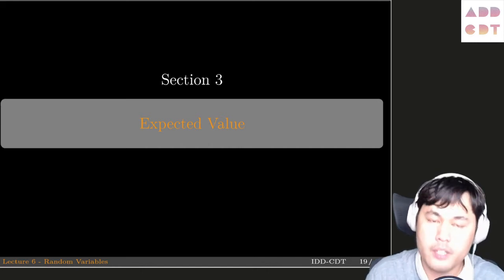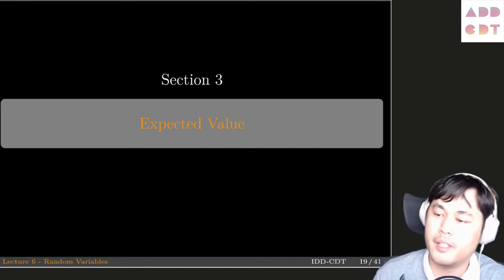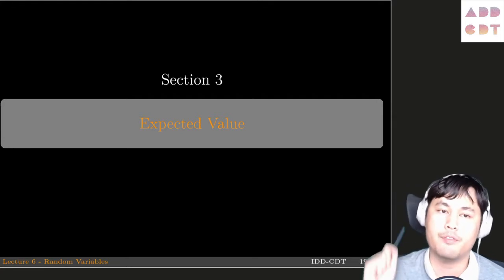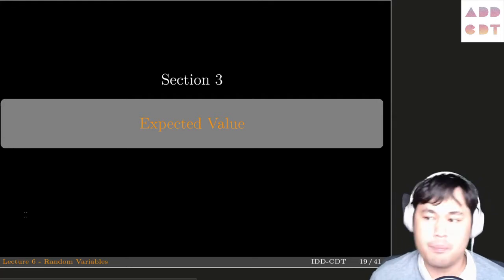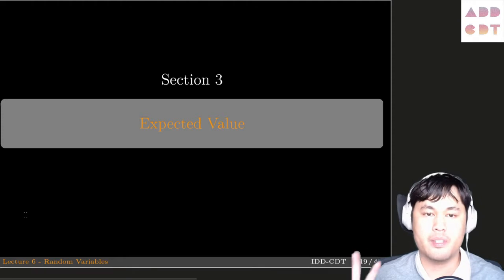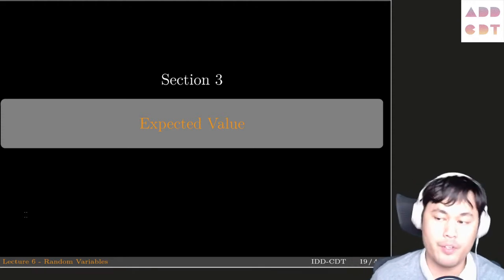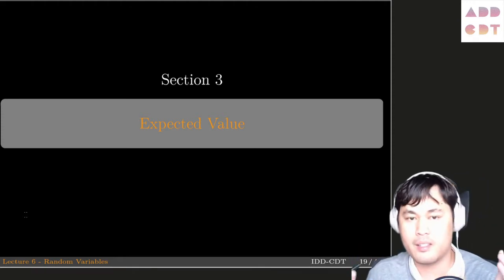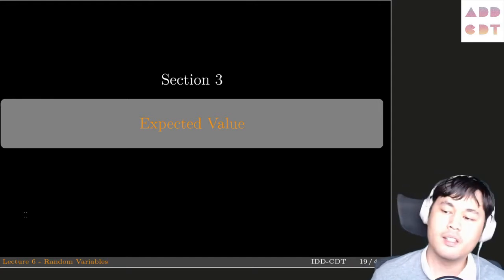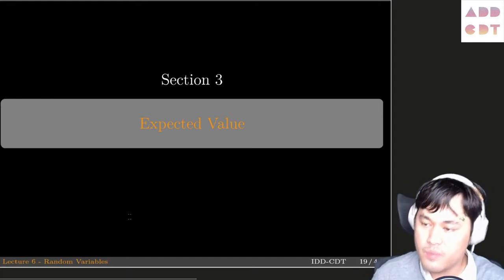Hi, this is the third section for lecture 6, random variables, and in this section we are going to learn about expected value. So, what is expected value? We can kind of guess from the definition itself, right? It's the value that we expect to see or expect to get, and with the additional keyword that it's in the